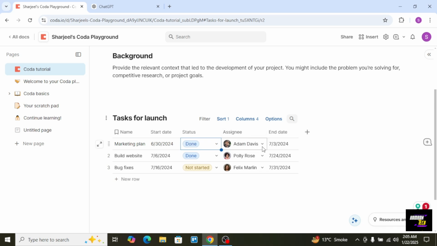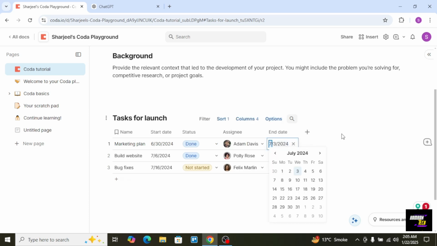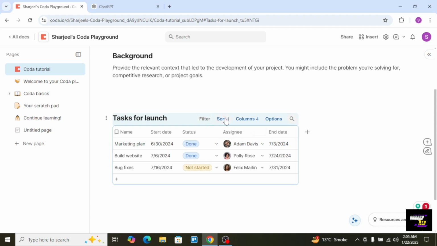So for the assigned name of person, you will just have to invite the person by their email, and here you will just add the end date. So from here you will just sort the columns and you will have more options. And if you create more rows, I will just write it like